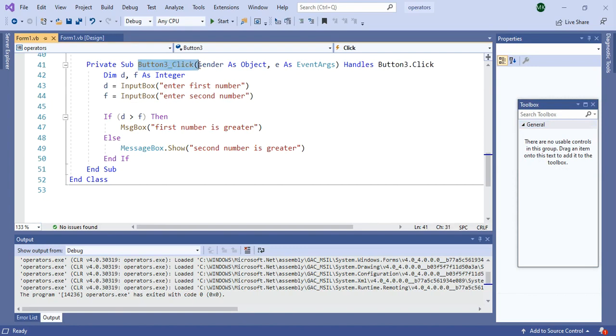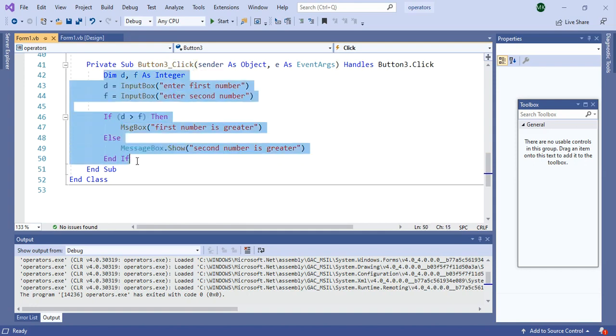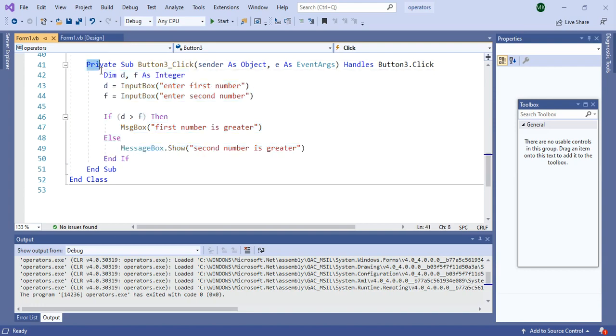The click event, button 3 click event, means when you click on that button, which code should be executed, what action should be taken, that code you will write here. Between these two lines, this is your starting line, and end sub is your ending line, between these two lines you will write the actual code. Now we will see the code.